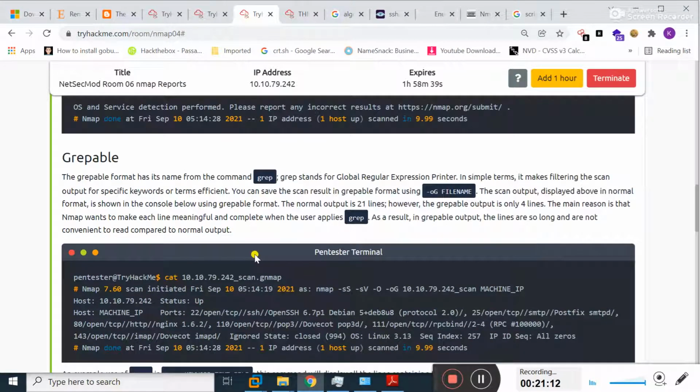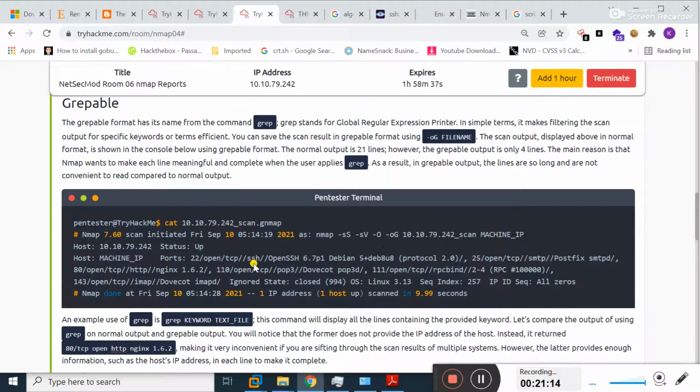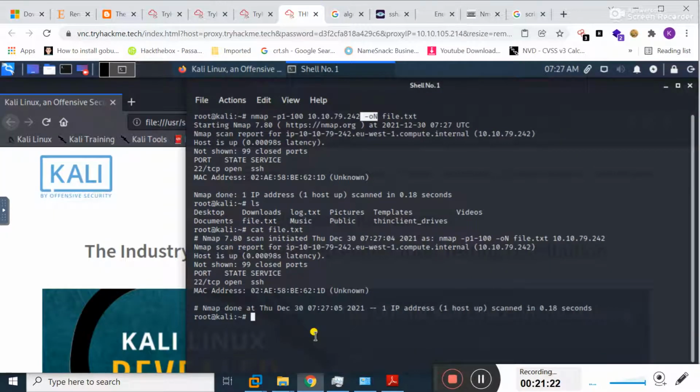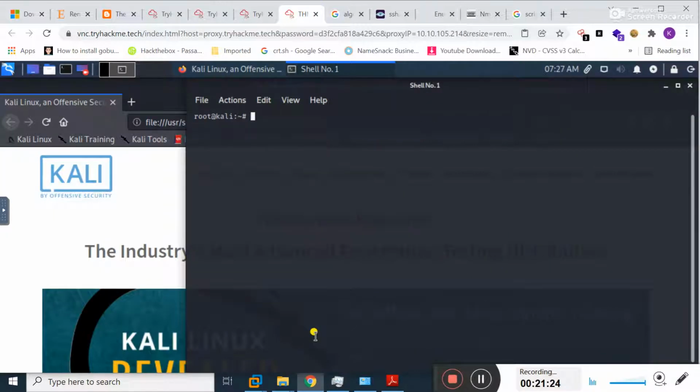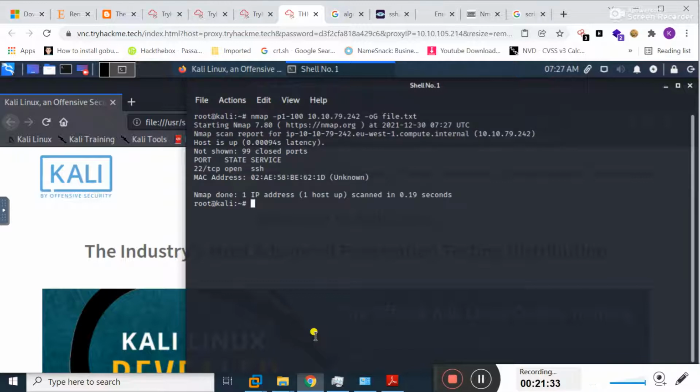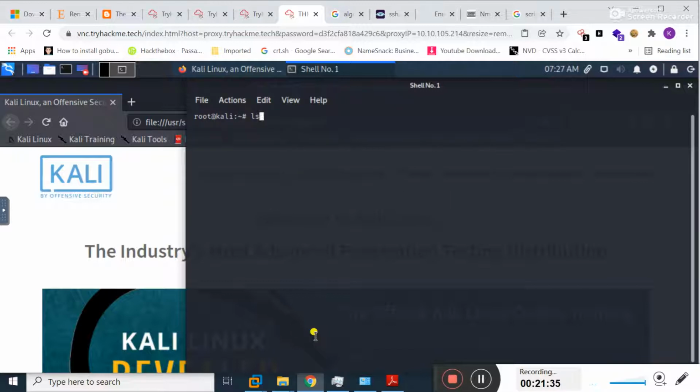Now the second method is you can save your result in a greppable format by using this switch, that is -oG. Let me show you. If I type my previous command, and now type here -oG and press enter, let's see if the file is created or not.